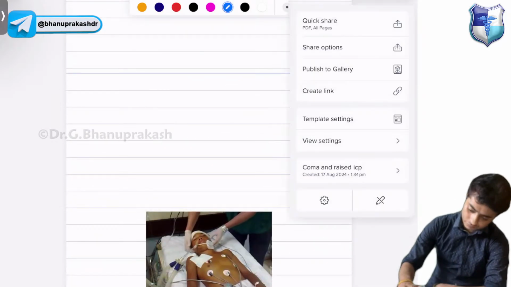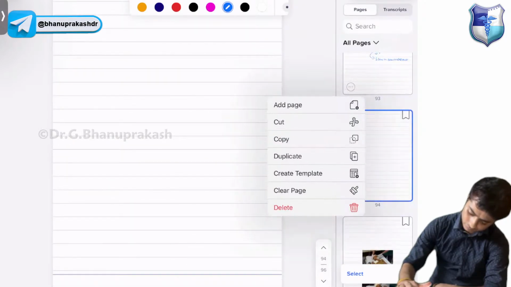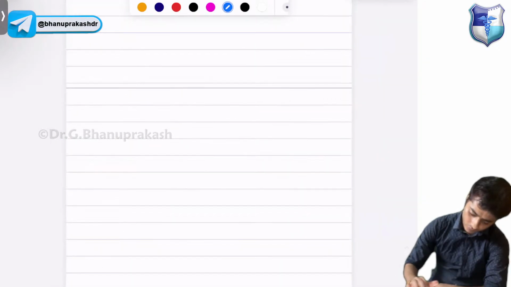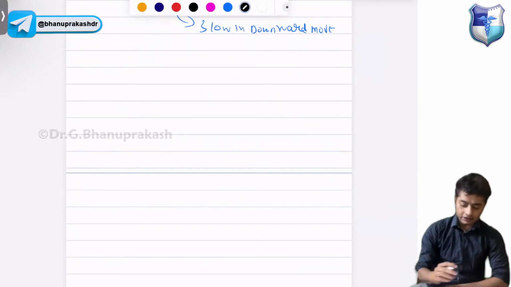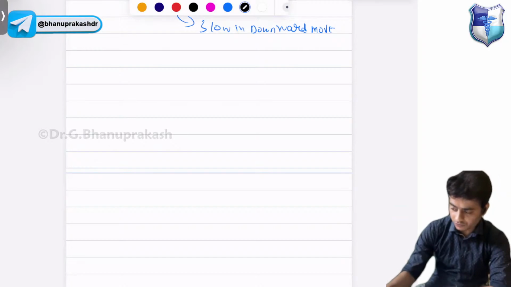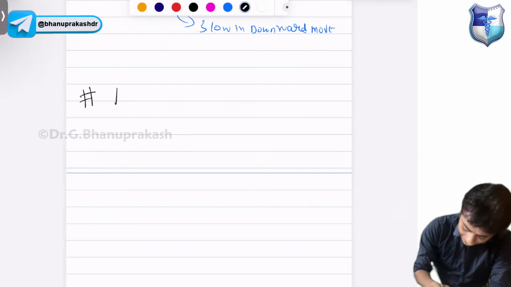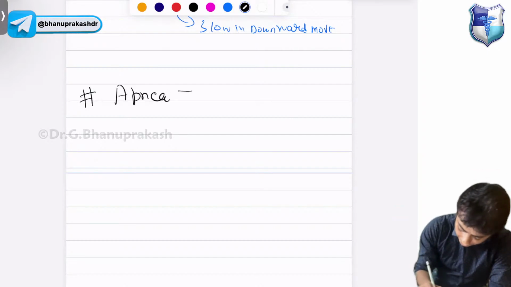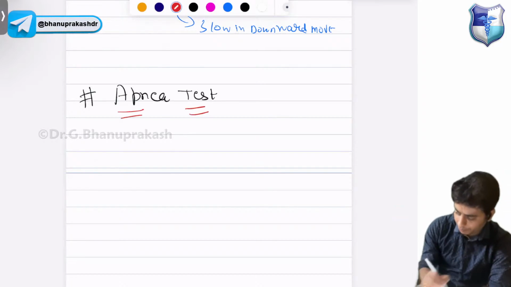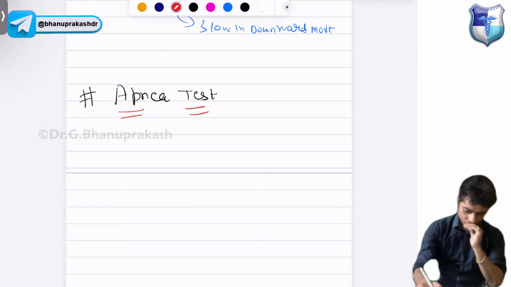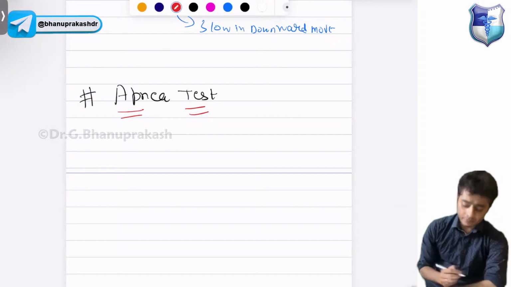Now the other thing, there is another test also which we can do in a patient of coma. That is your apnea test. And this is a very important test. Now, how will you do this apnea test? First, we will give the patient